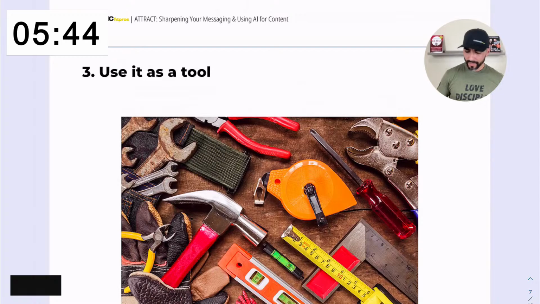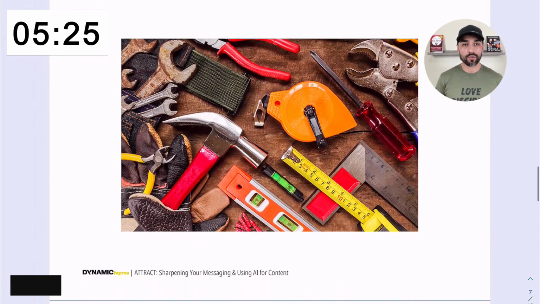The third key point with using AI for content is, again, use it as a tool. Like I said, don't fear it. I'll give you another analogy. If you're washing the dishes with your hands, that's going to take extra work. What if you have a dishwasher though, okay, that expedites it, okay? So it's just a tool. That's all it is, right? Don't fear it. Embrace it. Run towards it. Don't run away from it. It's only going to help you guys out, and it's only going to get bigger, okay? So use that as a tool.